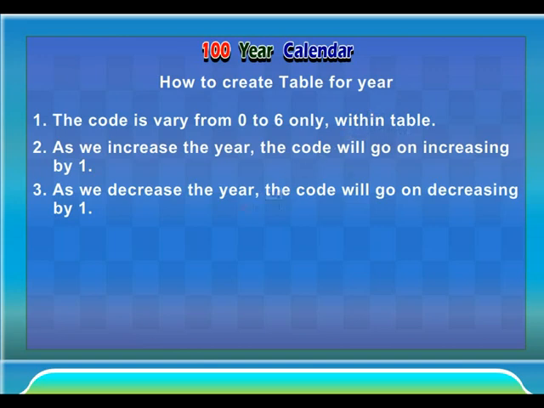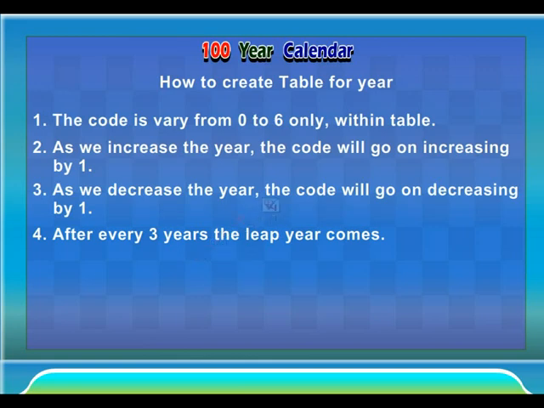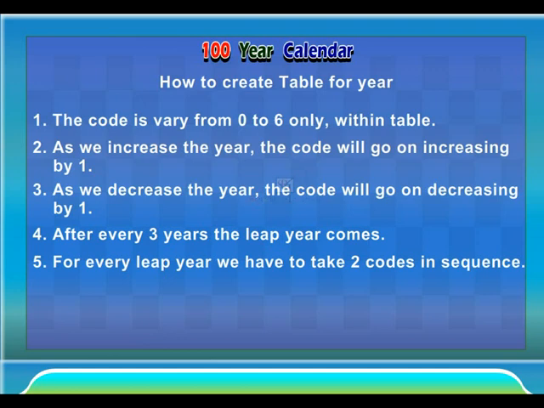Number 4. After every 3 years, the leap year comes. We already studied the concept of leap year. It comes after 3 years, means 2000 is a leap year, so 2004 must be a leap year. Okay. Number 5. For every leap year, we have to take 2 codes in sequence. Means as we know that 2000 is a leap year, we write 2 codes like 5, 6,